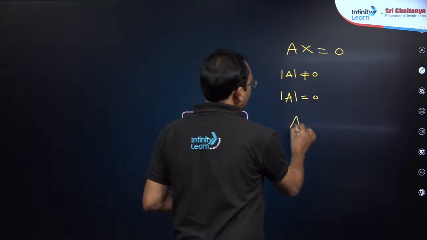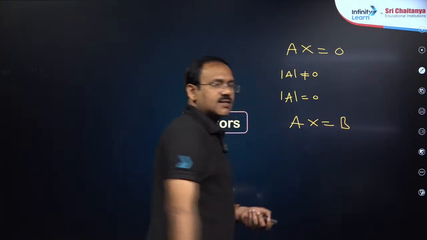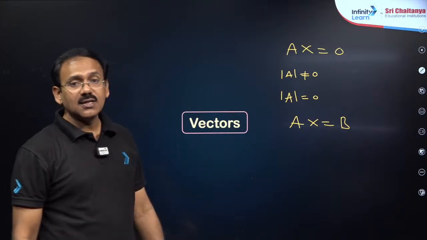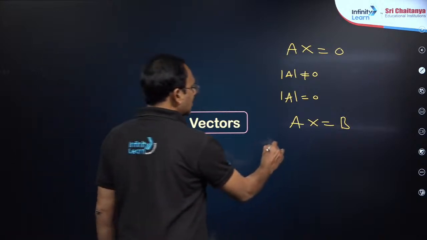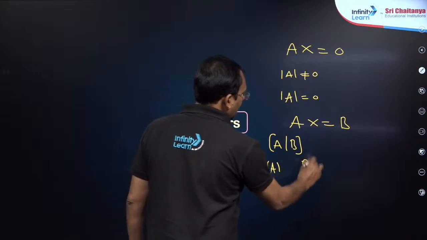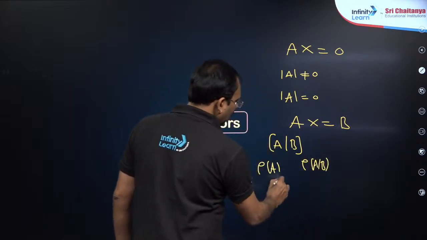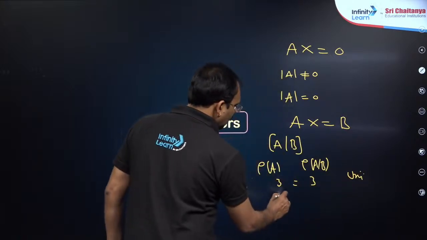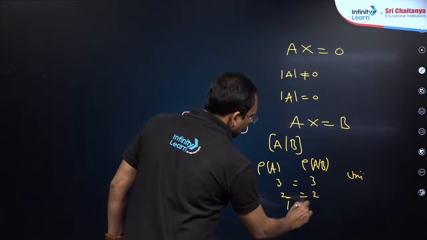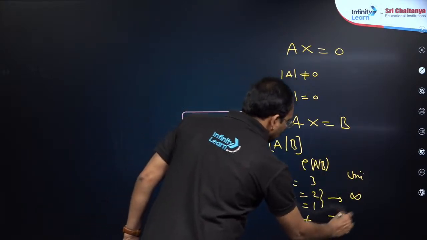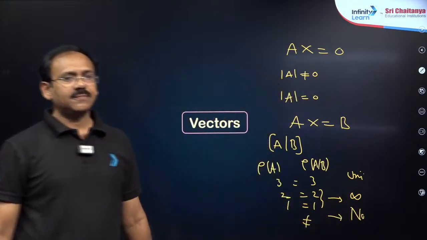Similarly a non-homogeneous system of equations Ax is equal to B, you can use Cramer's method or matrix inversion method. Many methods are there. Most important here is I use rank method. You just consider the augmented matrix A by B, observe rank of A by B. Both are 3 and equal, unique solution. Both are equal but less than 3, infinitely many solutions. If they are not equal, no solution. 3 cases, my dear friends, simple.